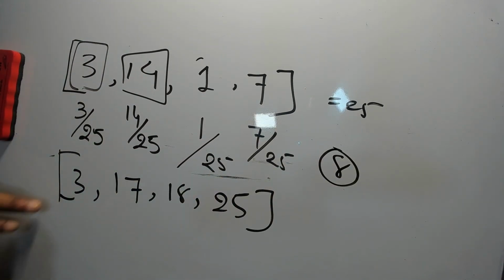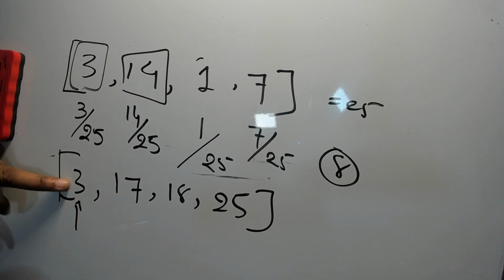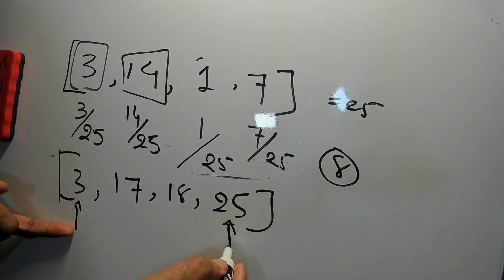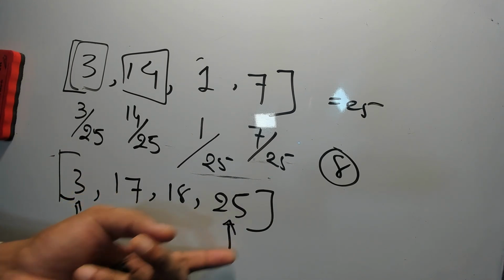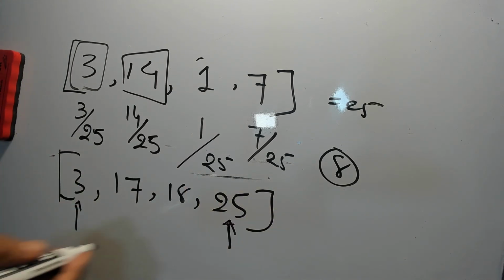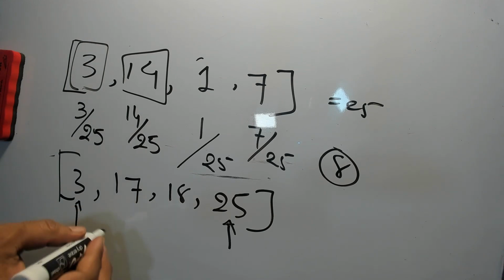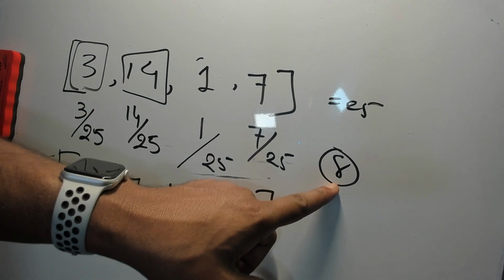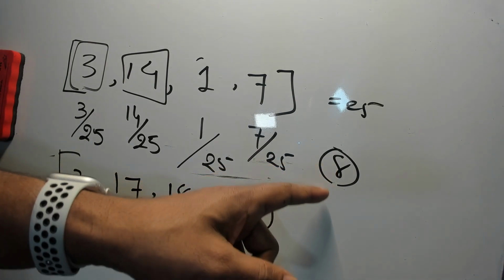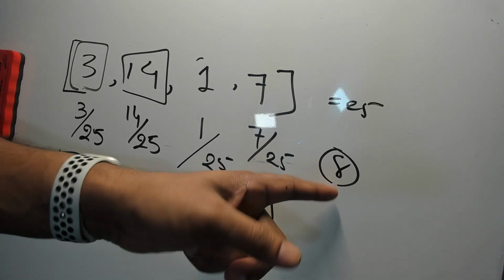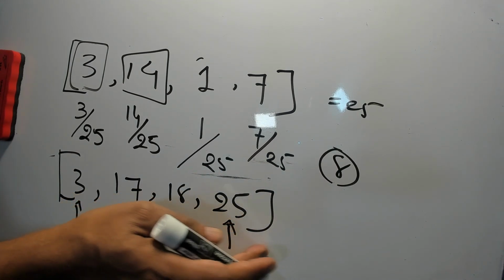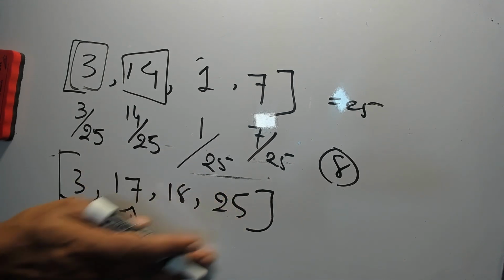Okay, now we're going to start our left pointer at 3 and right pointer at 25, the last index, and then we calculate our mid, which will be here. Is mid greater than 8? Yes. So we'll be moving our right cursor to the mid,